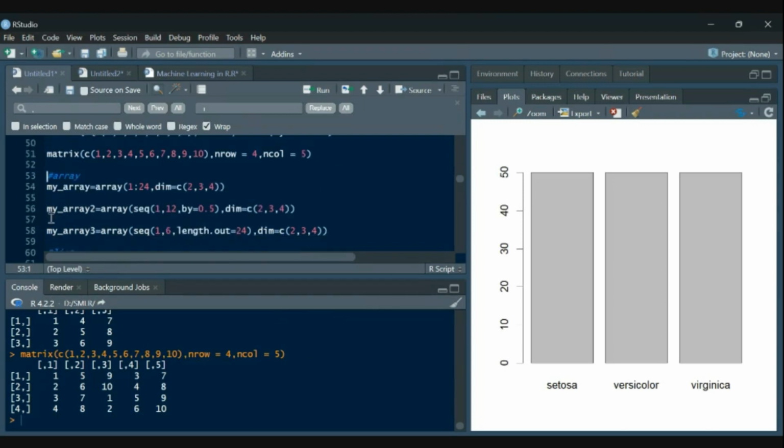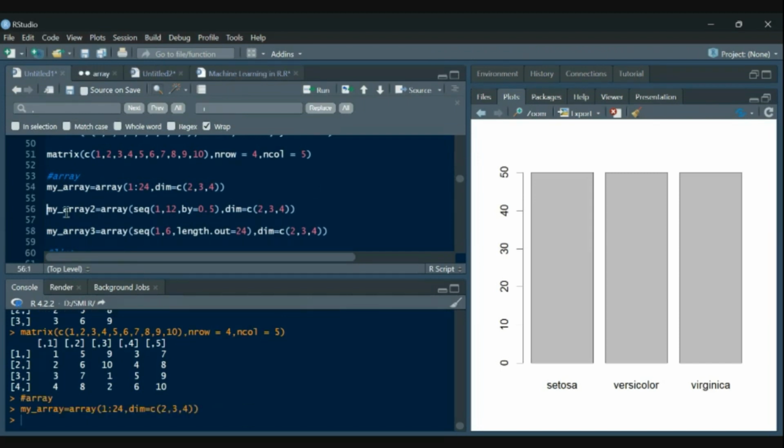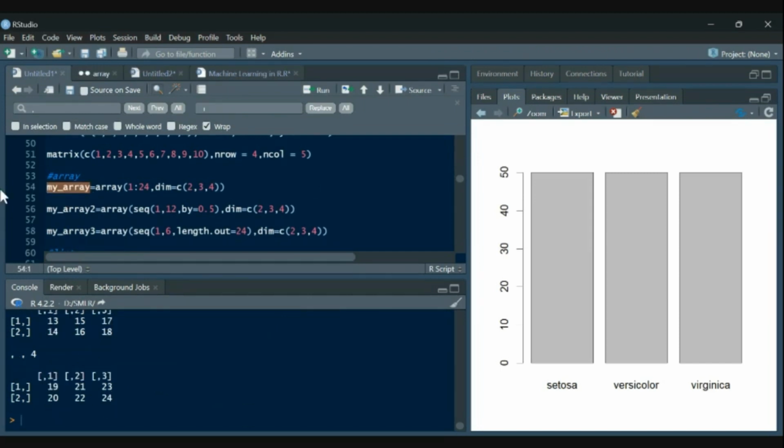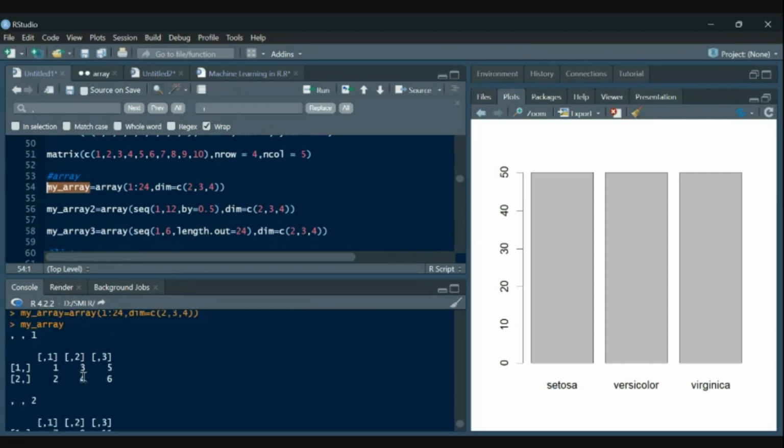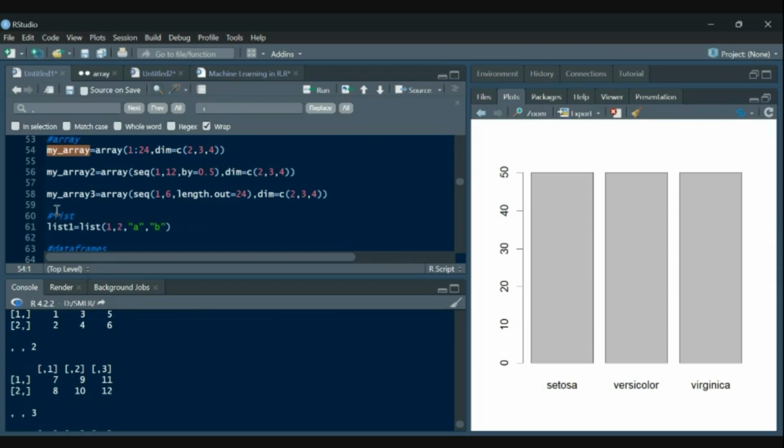Then how to define an array? We can use array and specify the various dimensions. This was the array, and we can simply run my array, and it was three-dimensional storage. Then we used list.